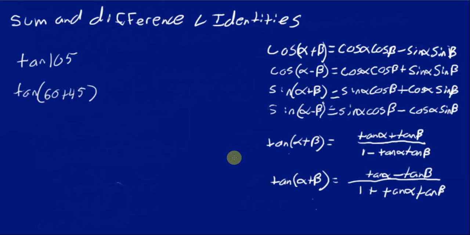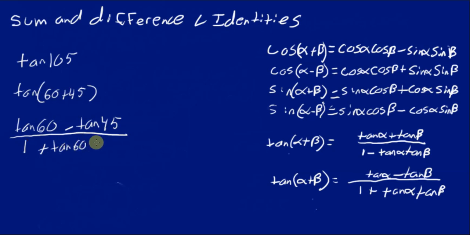So now down here, the tangent of alpha plus beta is going to be the tangent of alpha, 60, plus the tangent of beta. And these identities do kind of have a rhythm to them, if you look at them. For the tangent, the numerator has the same sign that's given, and the bottom is the opposite sign. All the cosines are cosine, cosine, sine, sine with opposite signs. The sines are sine, cosine, cosine, sine with the same signs. So on the bottom,